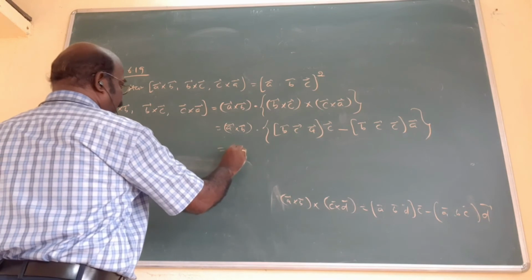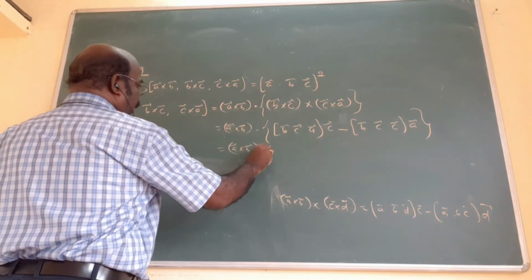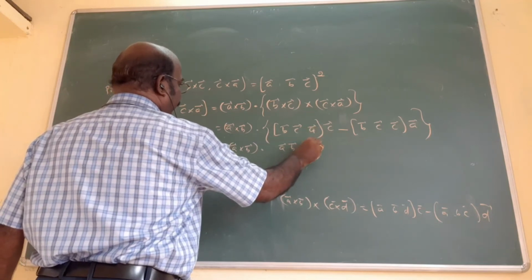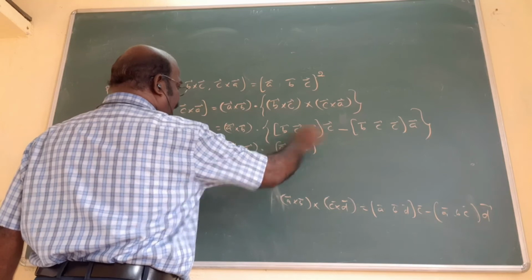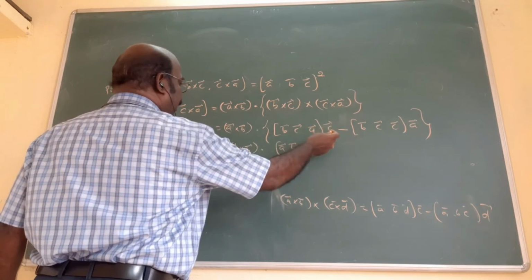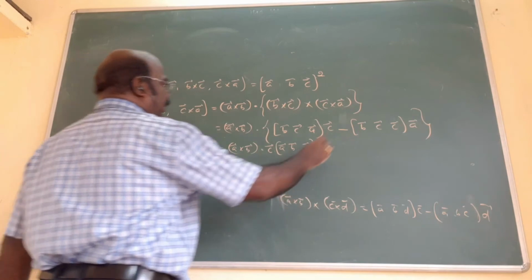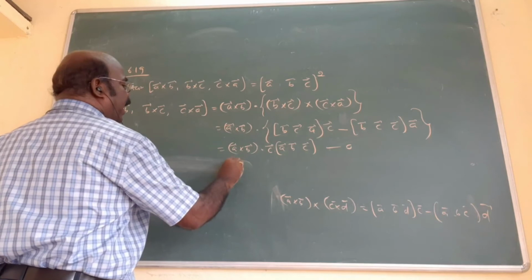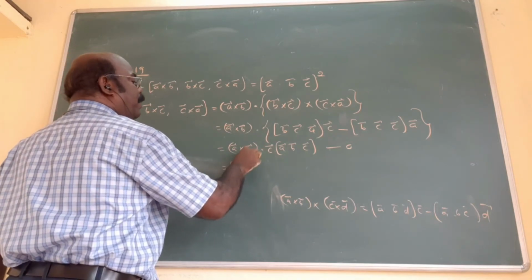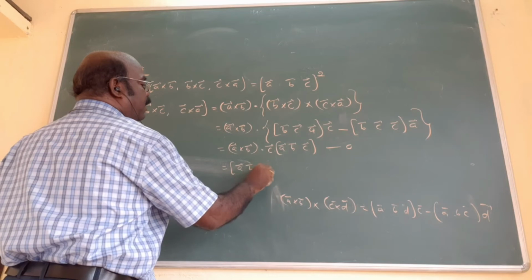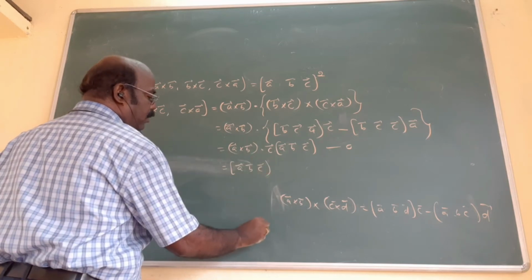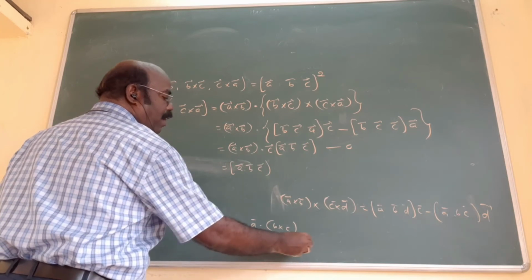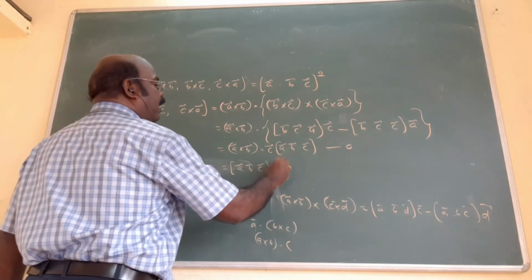Now, A cross B dot, the B C A came as A B C. What is the reason? These are all in order: B, C, A, that's why the A B C order. This C comes to this side. Am I right? This is 0. What is the reason? In a box product, if elements repeat it should be equal to 0. Now once again, A cross B dot C, that is the formula, box product A, B, C. Am I right? One dot, one cross. Here also, A cross B dot C. These are all box product A comma B comma C. Already A, B, C is there.